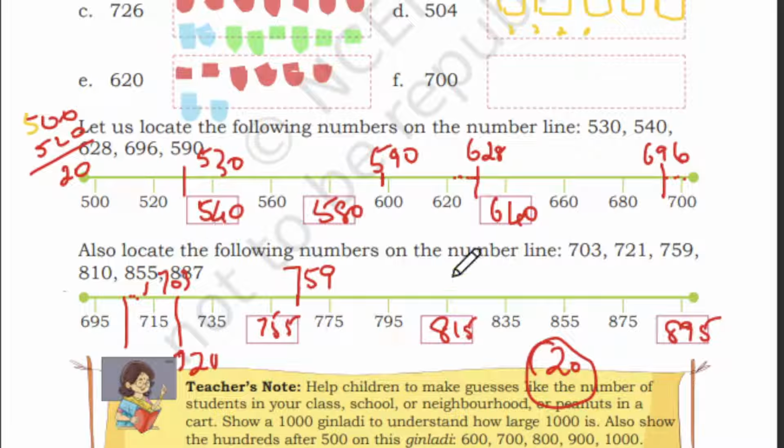So next is 810. Where you can locate it is 815, so you have to minus 5. So 1, 2, 3, 4, 5. Here you will get 810. So 855 is already here. This one is 855. So 887, you have to find out. This is your 887 or 867? Let me find out. It's 887.